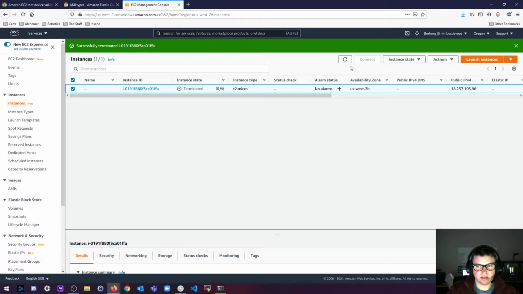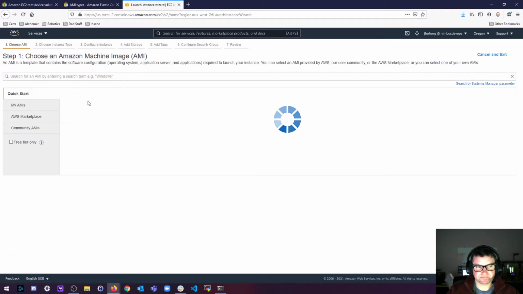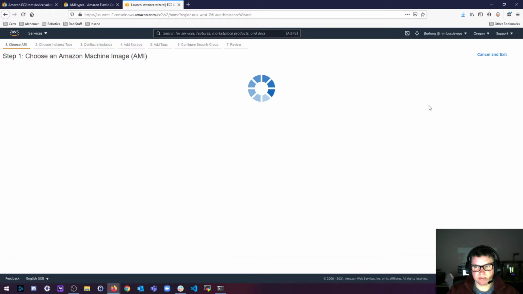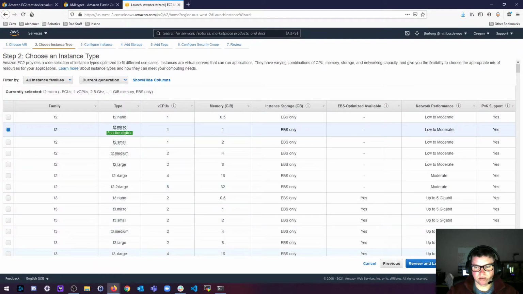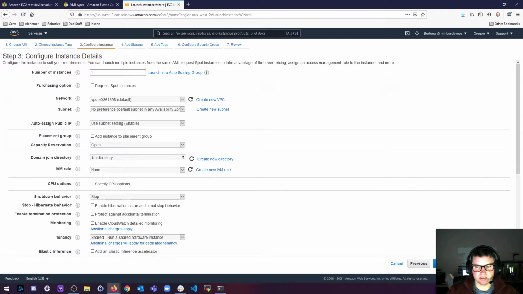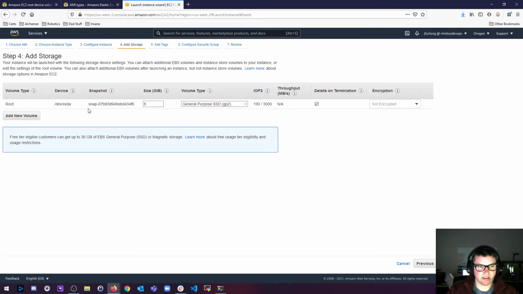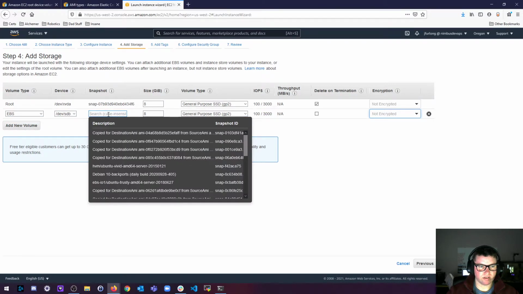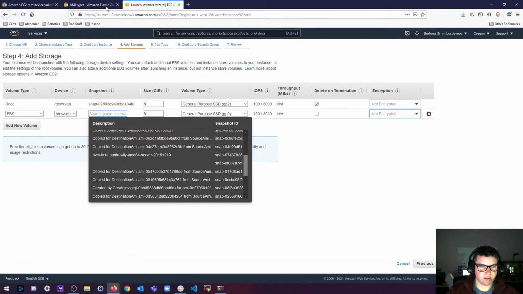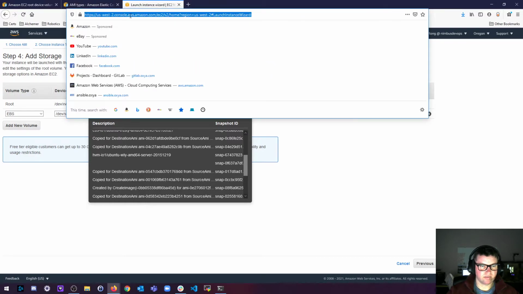So if I go to create another instance, and I say, okay, let's make the exact same thing, right? We want a T2 micro instance, and it's going to have an 8 gig volume, and I want to add a new volume. Okay, well, instead of adding your regular volume, the snapshot, so this is where you can see, if we go look at,